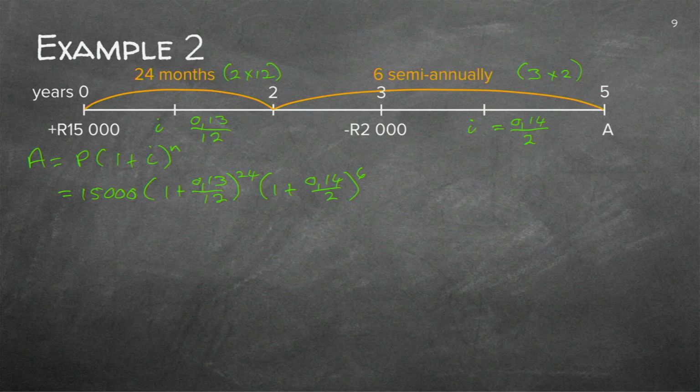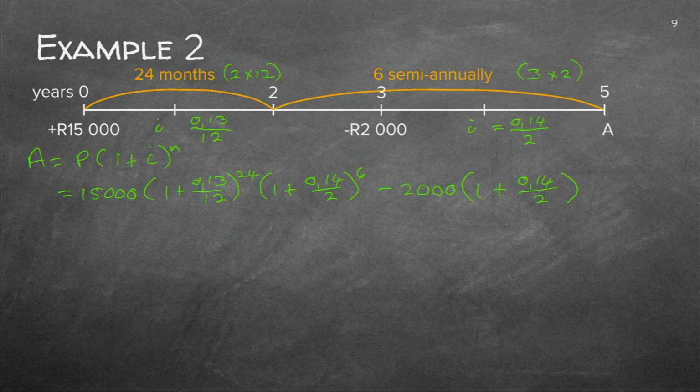But now there's a withdrawal. You remember in the previous lesson what we did? We just said, let's now minus the 2,000. I'm going to do exactly the same. 1 plus. Now make sure where's your i. Sometimes this i also needs 2 brackets. But if you look at the 2,000 Rand from the 3rd year up to the 5th year, the interest rate does not change. So it stays the same all the time. It's 0.14 divided by 2.